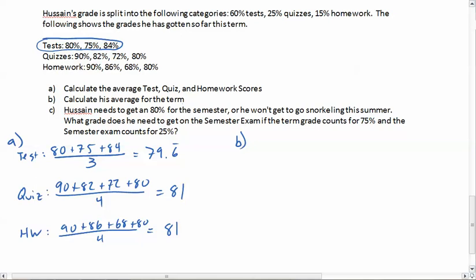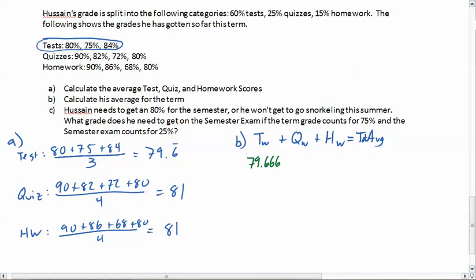His average for the term is going to be based off the categories: 60% for tests, 25% for quizzes, 15% for homework. So we're going to take the weighted average. We're going to go test weighted plus the quizzes, which are weighted, and then the homework, which is weighted, and that will hopefully give us the total average. I'm going to change colors because all this blue is driving me nuts. So the weighted test was